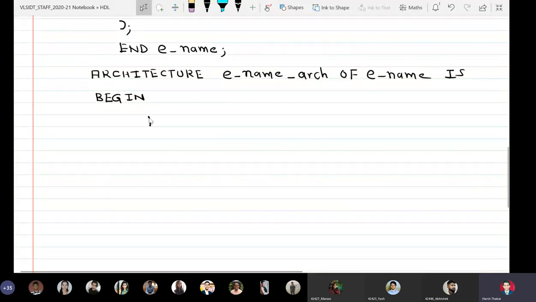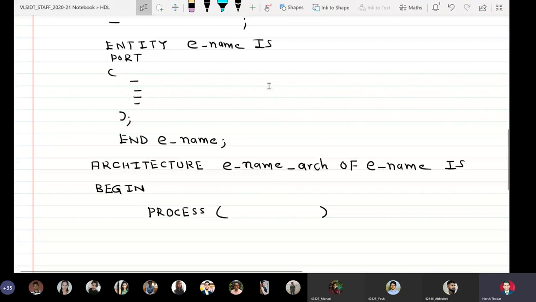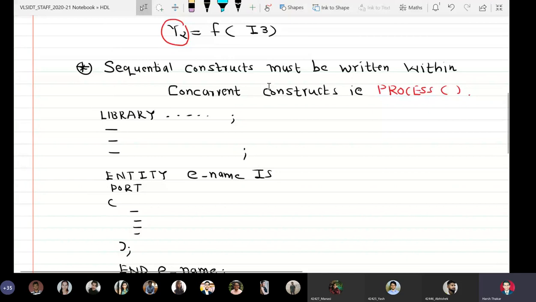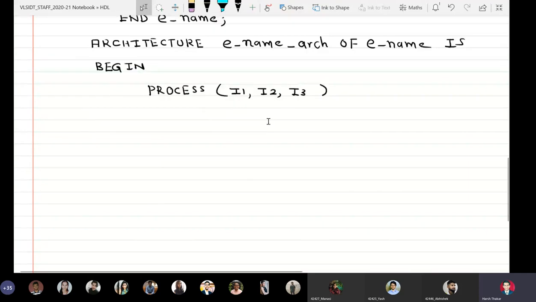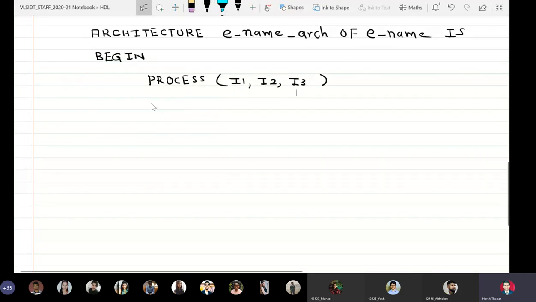Begin, I will say process and the sensitivity list. As I told you, the sensitivity list is a list of all input signals separated by commas. We have three input signals, so I will write all of them separated by commas: I1, comma I2, comma I3. Then we have the process begin.